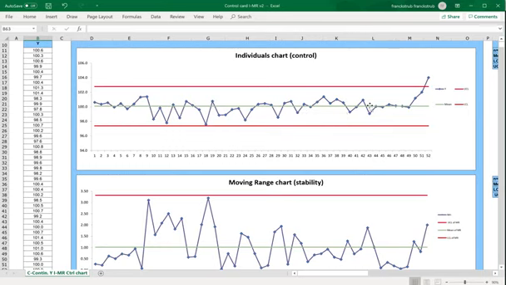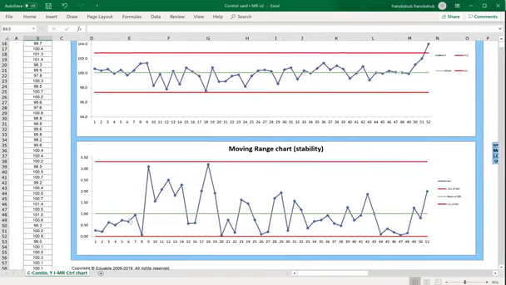Each time you plot the data and you are within the 3 standard deviations around the mean of your data, you are in control, statistically speaking. But here you are out of control. And it's not normal, so it's probably because of a special cause that you have to investigate, find and fix. On the moving range, same thing, because we have